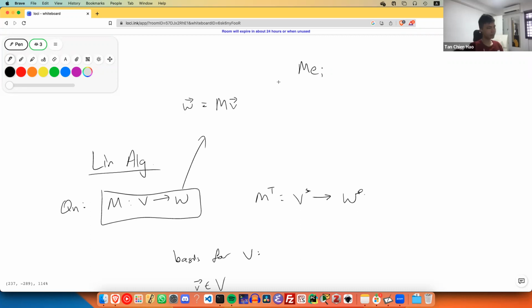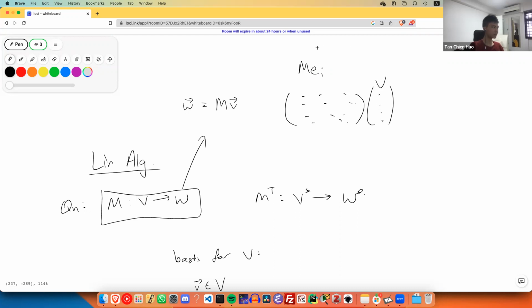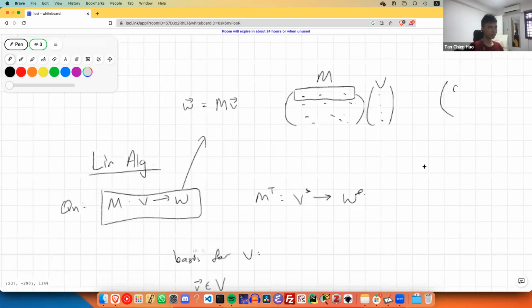So it looks like a matrix. We express V in terms of basis vectors, then we get the components of V in a column vector, and then M is this. And so basically each row over here, when we do the multiplication, we get